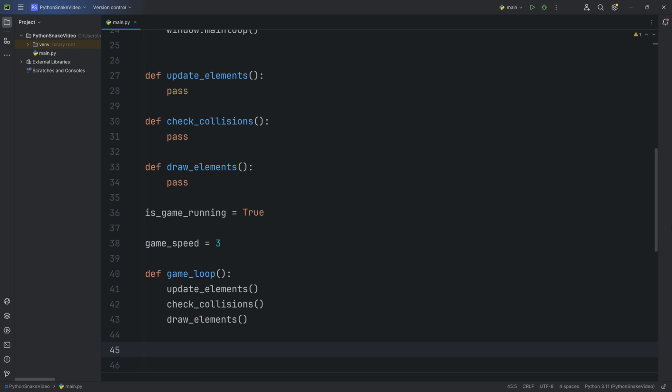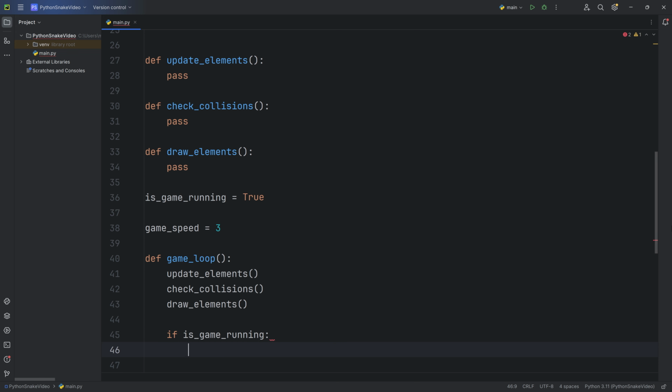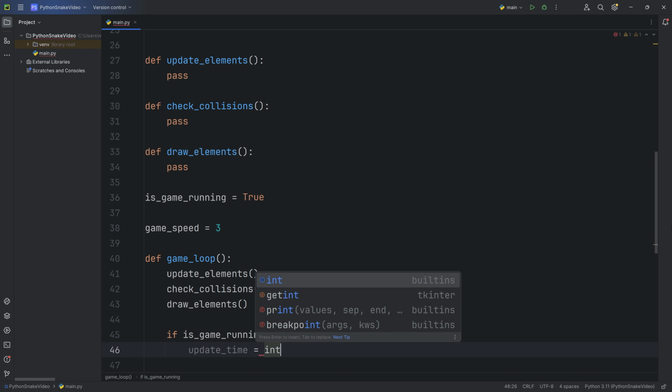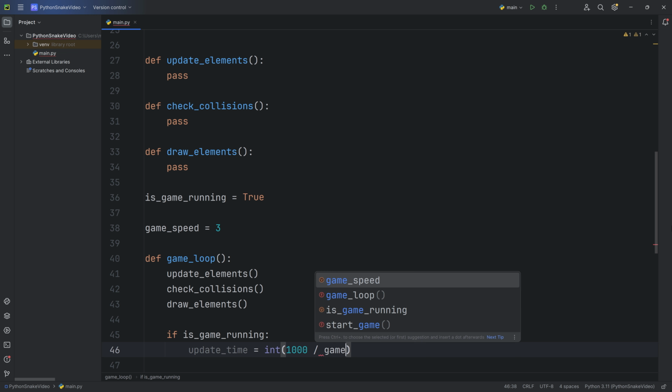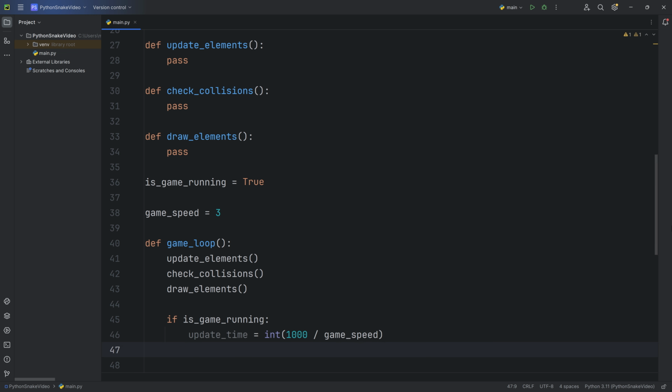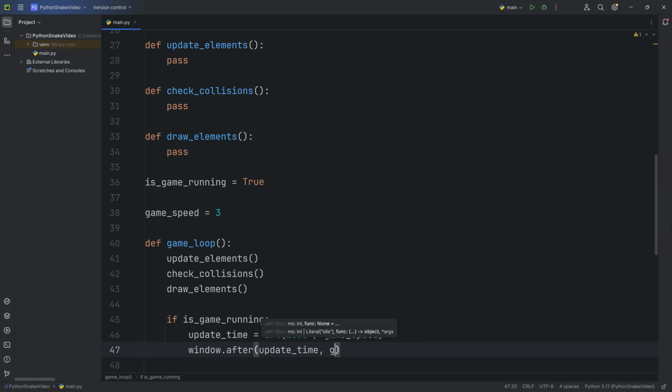Now, if the game is still running, if is_game_running, calculate the number of milliseconds to wait before the next iteration, update_time equals int of 1000 divided by game_speed, and call the next iteration with window.after(update_time, game_loop).